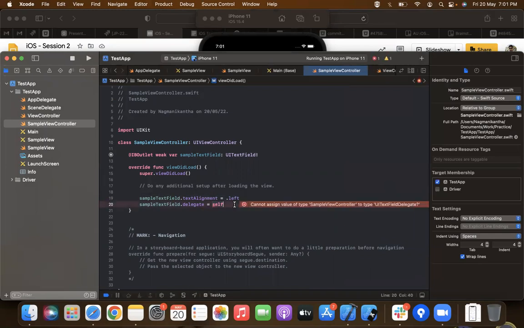Sample view controller. It's throwing an error. It says cannot assign value of type sample view controller to type UITextFieldDelegate. This delegate is of type UITextFieldDelegate, and we are assigning self, which is the sample view controller, to that. So it's not accepting. For that, we have to extend this class to use this UITextFieldDelegate. We can do this by mentioning comma